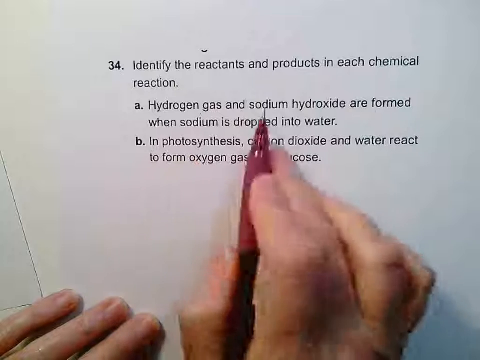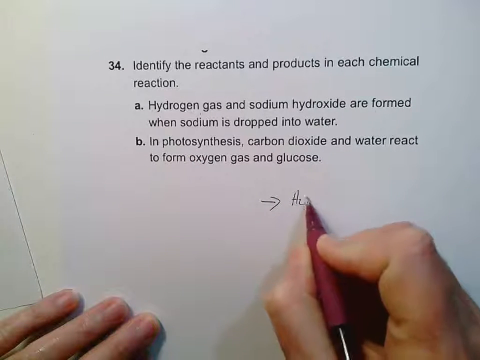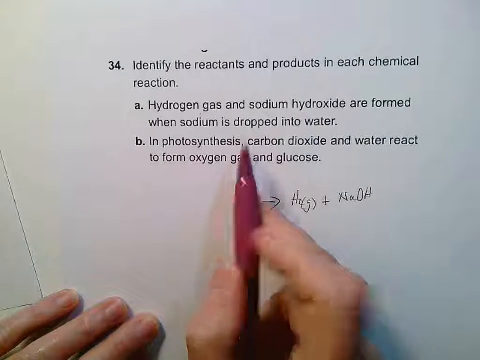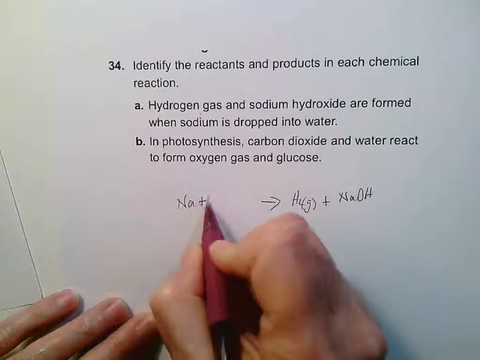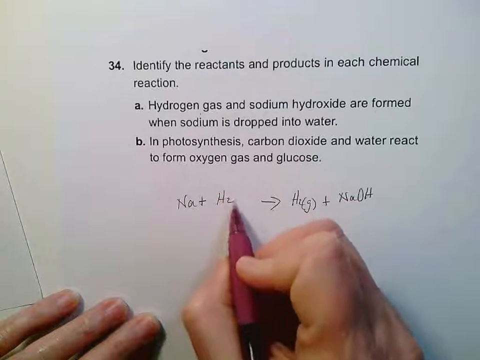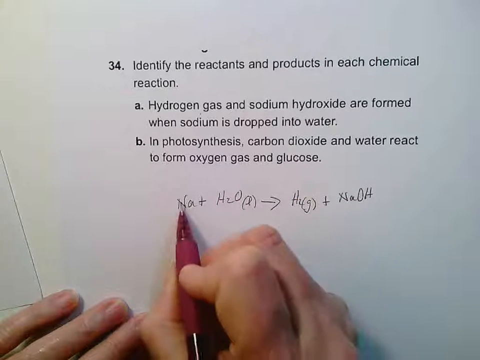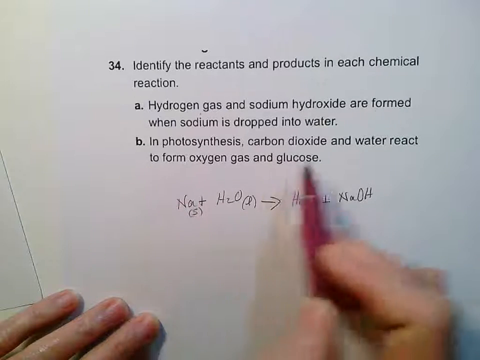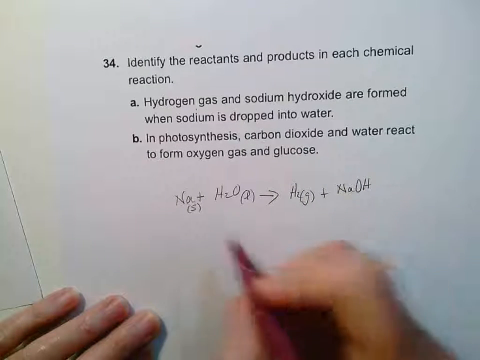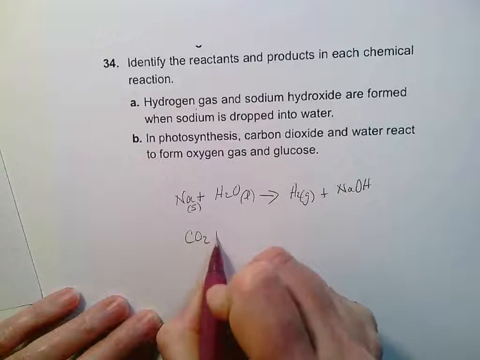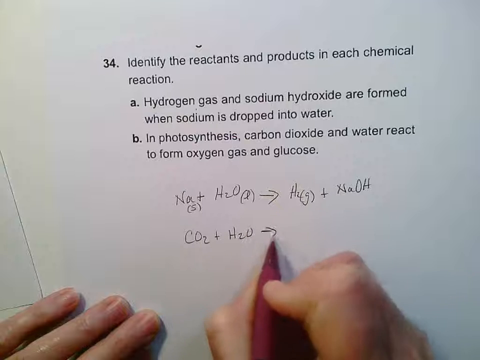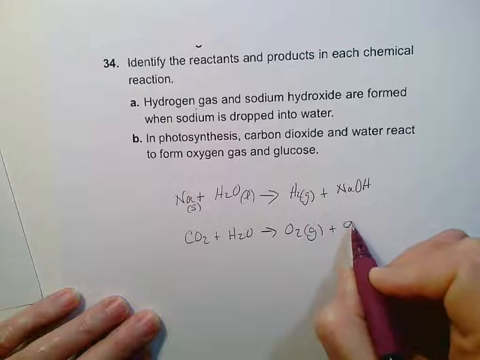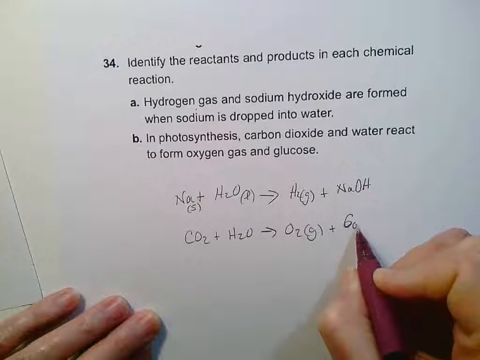But they're saying these are formed, so I would have my hydrogen gas here and sodium hydroxide here when sodium is dropped into water. Water should always be a pure liquid, and sodium would be a solid because that's a metal. In photosynthesis, carbon dioxide and water react. So that's telling me that CO2 reacts with water to form oxygen gas and glucose, which is C6, I believe,